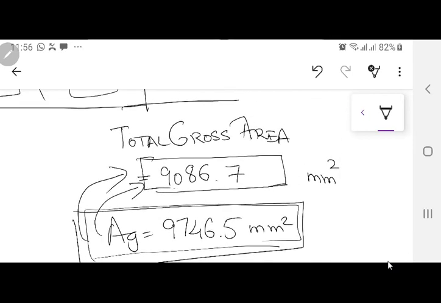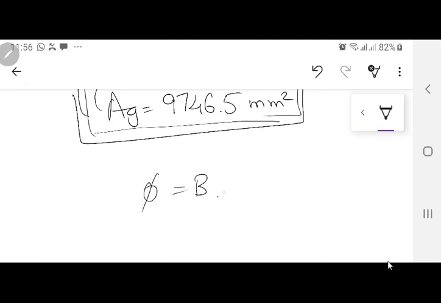Now if you continue with this one without adding any laminations, what will be the problem? The problem would be that your actual gross area is small, your iron area is even smaller than that, so your working flux density is going to be higher. You assumed a value of 1.6 Tesla, but you are now going to be working at something like 1.7 or more, because you are assuming less area of the iron, and we already know flux is equal to B dot A. Flux is already going to be the same. Why? Because number of turns उतना ही है जितने हमने choose किए थे. So the flux value will be the same.